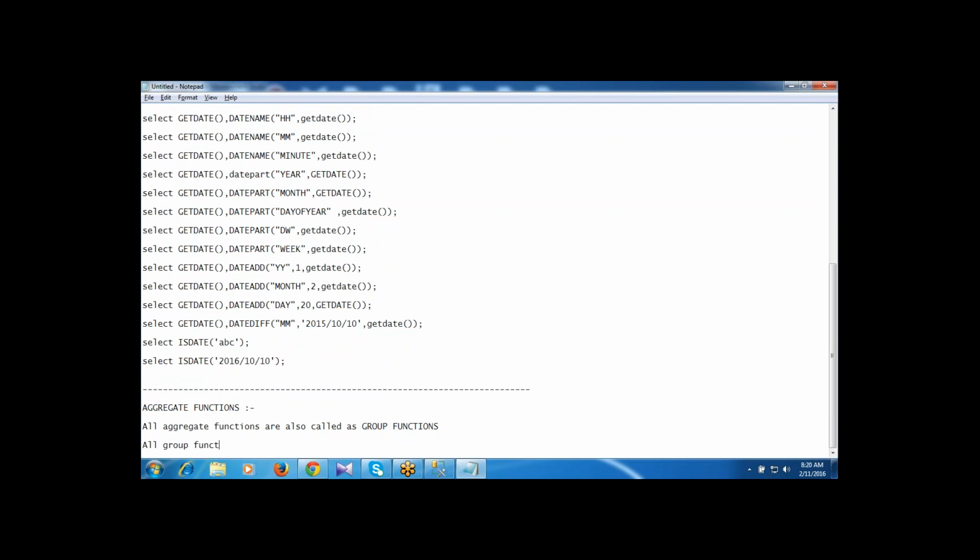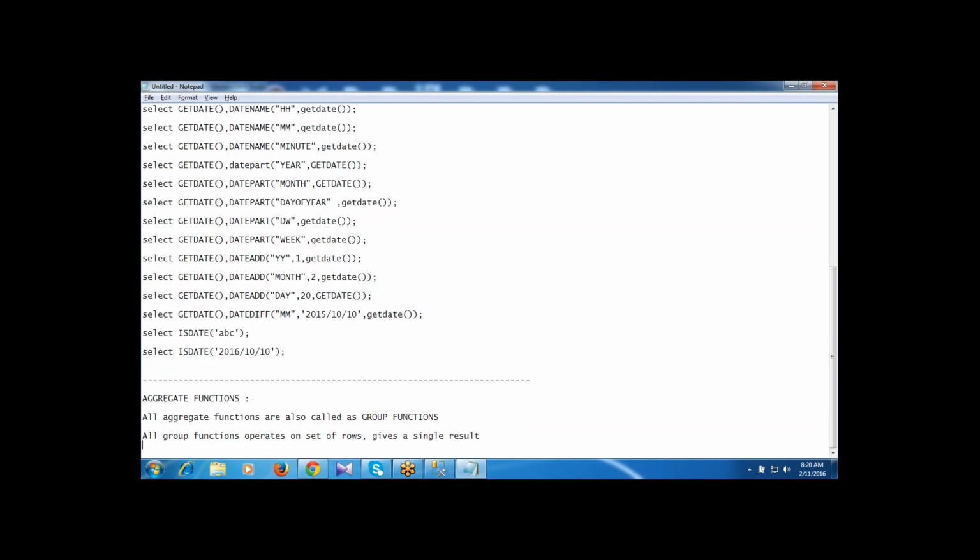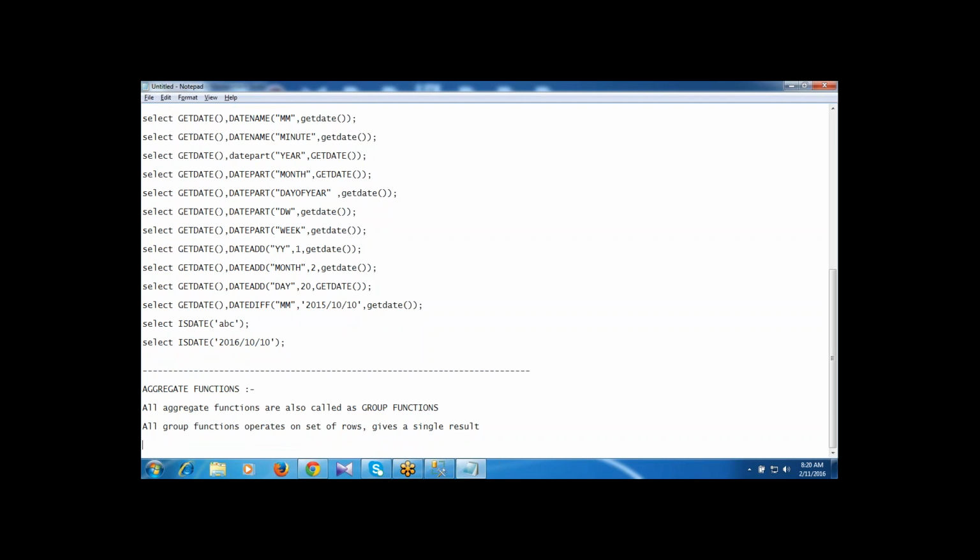All the group functions operate on a set of rows. It gives a single result.